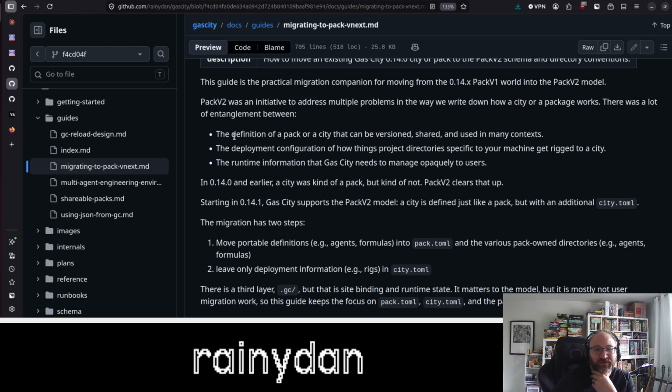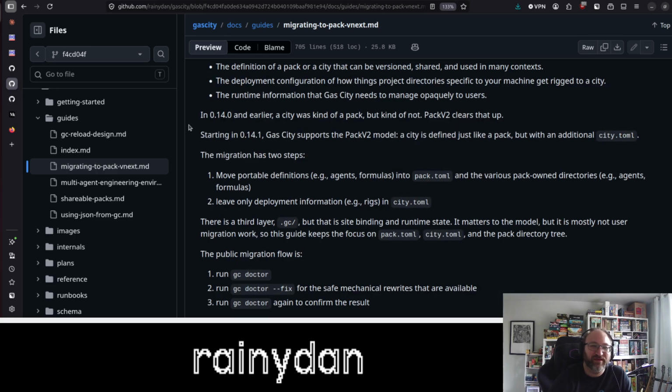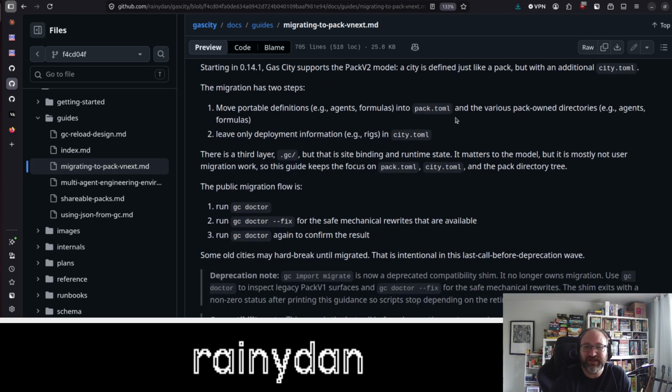A lot of entanglement between versioning, deployment configuration, and runtime information that needs to be hidden, right? In 0.14.0, a city was kind of a pack, but kind of not, and pack v2 clears that up. A city is defined just like a pack with an additional city.toml. Interesting. I mean, the golden age of cities, right, is that, hmm,